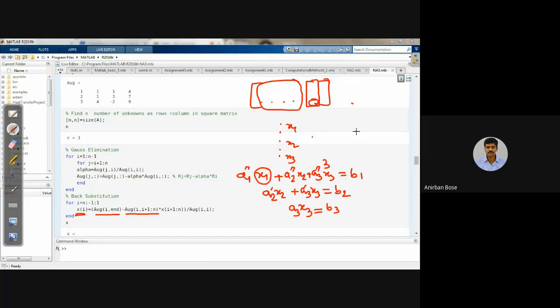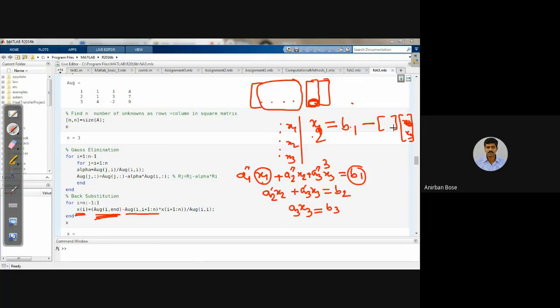But the general technique is what I just told you earlier. If you want to find out x1, x1 will be equal to b1 minus. That means what is in the last column you have to take first, then you put the subtraction sign, and then it is matrix multiplication of something. If you calculate x1, there will be two terms here, x2, x3. If you take x2, there will be only one term, and that is x3.